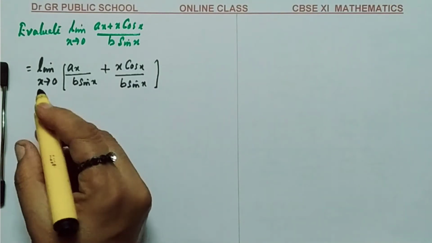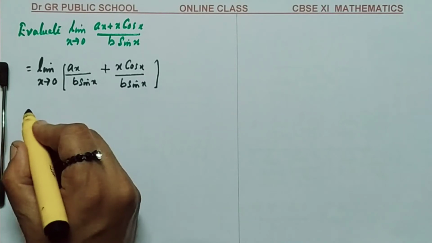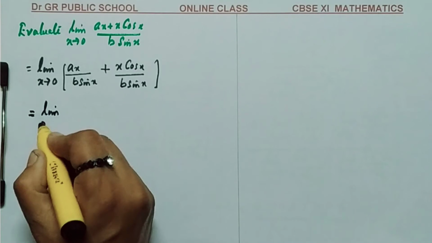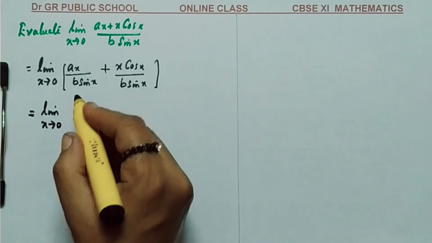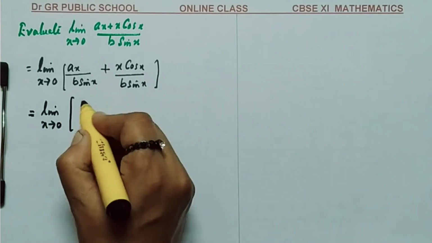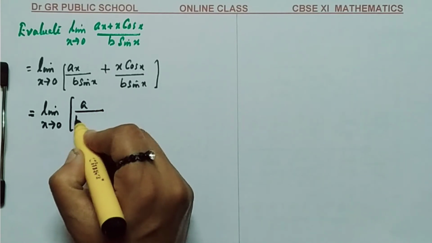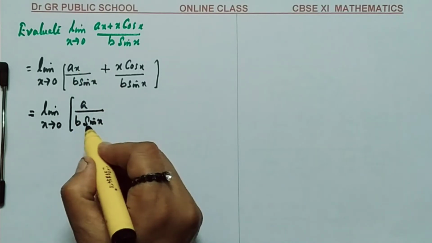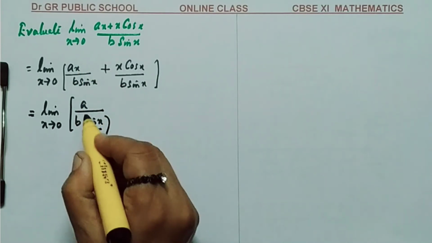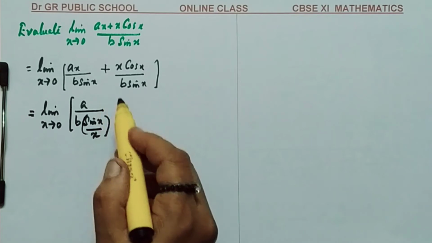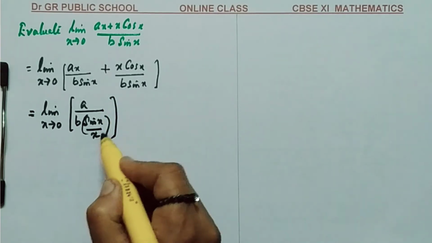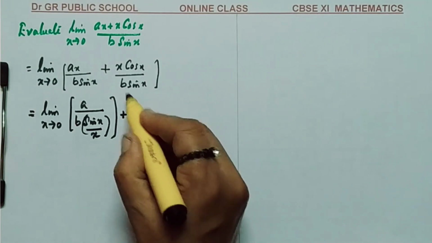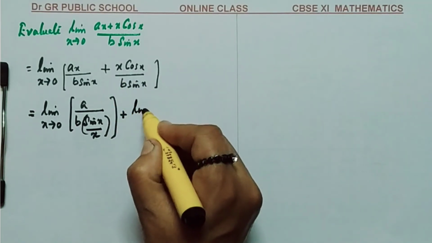Now, this we can arrange as equal to limit x tends to 0. Look at the way I am going to arrange. A divided by b sin x: here, the x on the numerator I am going to keep in the denominator. Why? Because taking the reciprocal and multiplying, this x comes in the numerator. So it is just an arrangement only, plus this limit I am going to write as limit x tends to 0,